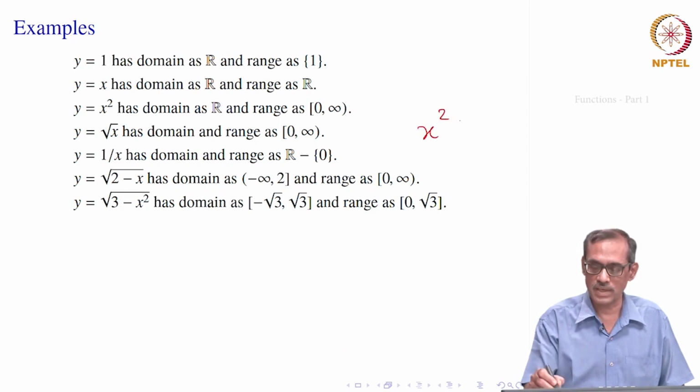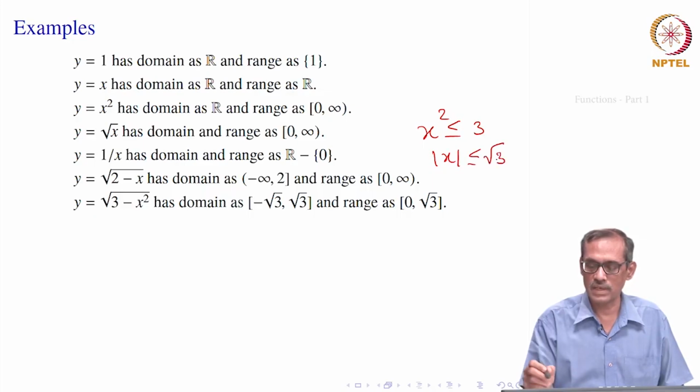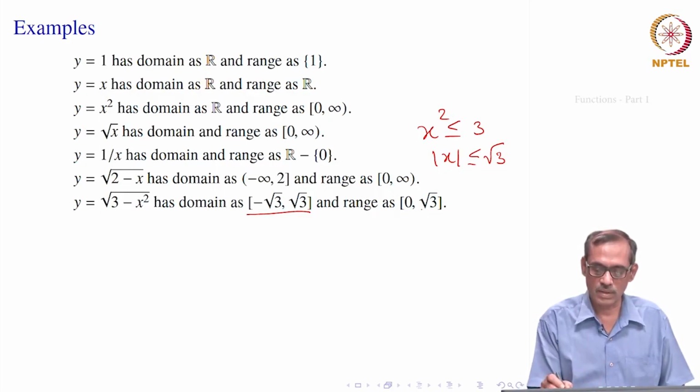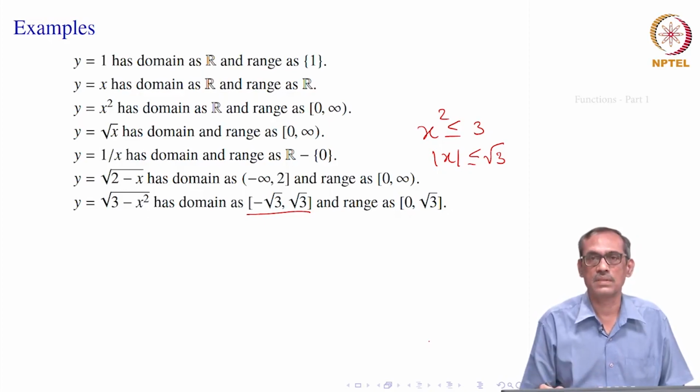So, when you write x square is less than or equal to 3, this is the same thing as telling mod x is less than or equal to square root of 3, and that we know from |x - a| < lambda that the interval should be minus root 3 to root 3, closed interval. That is its domain, and range of course can be anything, but now they cannot exceed root 3, because this is from minus root 3 to root 3. So, at best x can be 3, at 0 it can be root 3 also. So, the range can be 0 to root 3. That is how it would look like.